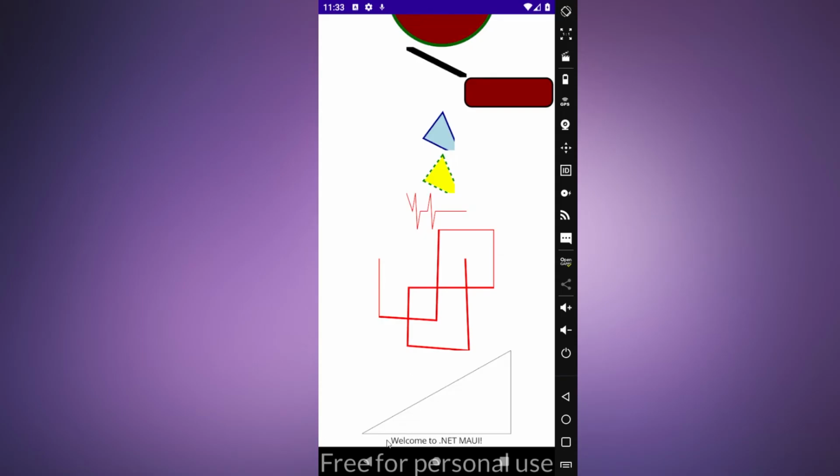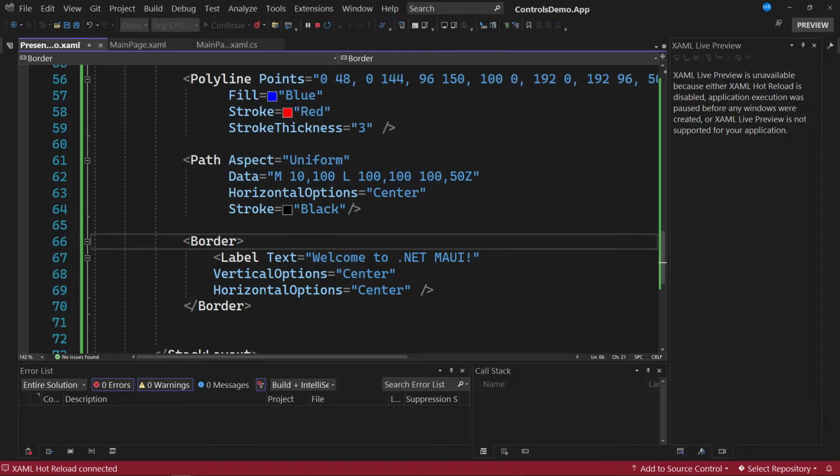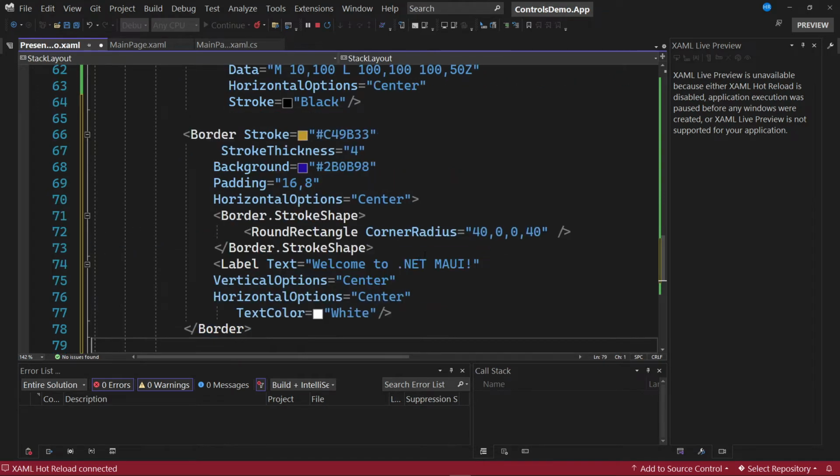If we visualize the changes, we see that at the bottom of the application, we have the label control with the text we have specified. However, we cannot see the border yet. This is because we must designate a set of properties for this to work correctly. Here I have pasted some properties. For example, we need to define a stroke. We need to indicate how thick that line is going to be. We need to specify if we want a background for the border, if we want a padding where that border